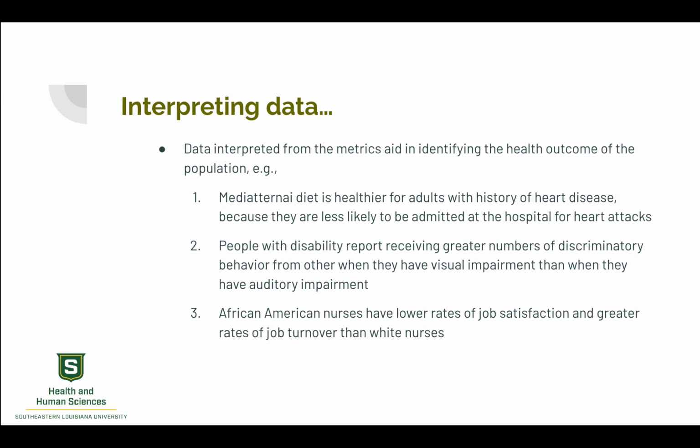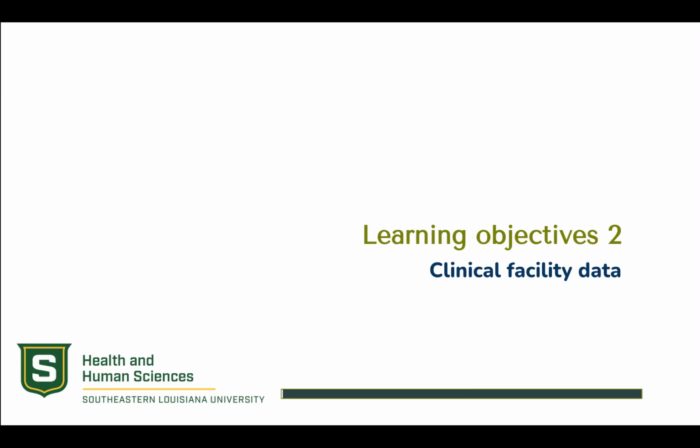And in trying to have a conversation about race and employment, we can say, oh, African American nurses have lower rates of job satisfaction than white nurses and so on. So we basically interpret data and use that in identifying the health outcomes of the population that we are interested in. So that then takes us to